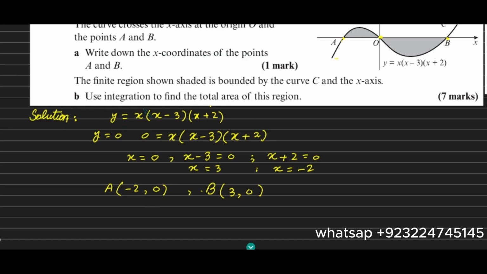Now we use integration to find the total area of this region. For this, as we can see, the area under the curve from A to 0 is above the x-axis and the area from 0 to B is below the x-axis. So the integral formula for the area of the curve will be